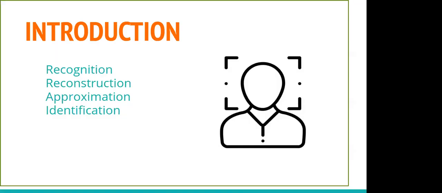So to begin with this process, there are numerous terms which are used synonymously for facial identification. They're facial recognition, facial reconstruction, facial approximation, and facial identification. Undoubtedly, they all seem similar, but they have differences, and we should be aware of and understand the basic differences between all these terms so that we don't go wrong with the usage. As far as recognition is concerned, if we are trying to identify an individual out of masses, then we call it recognition. And if we can ascertain the identity, then only it is called facial recognition.